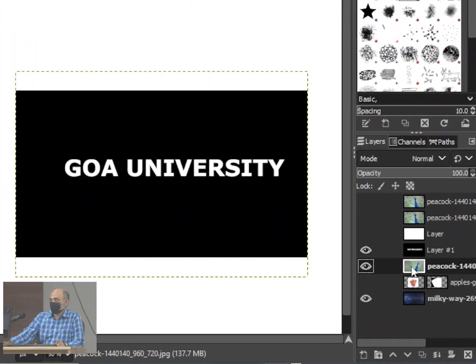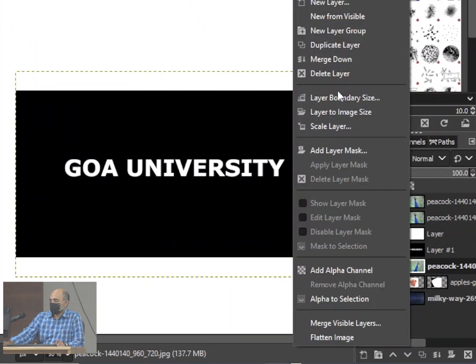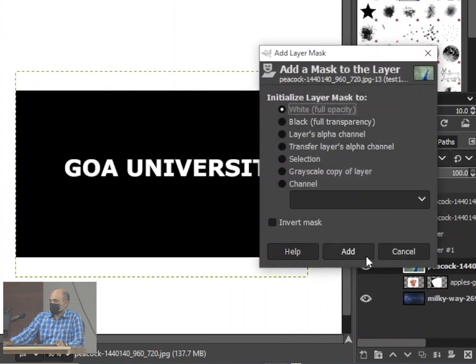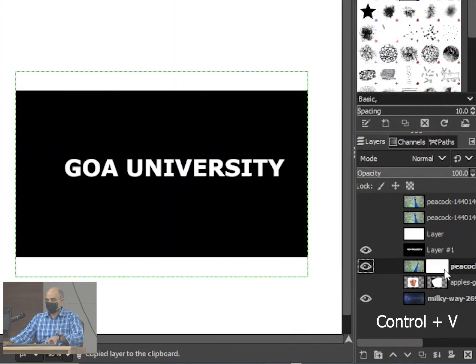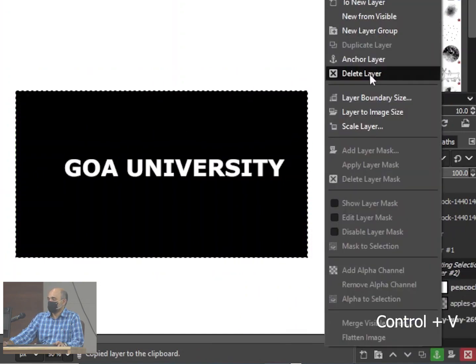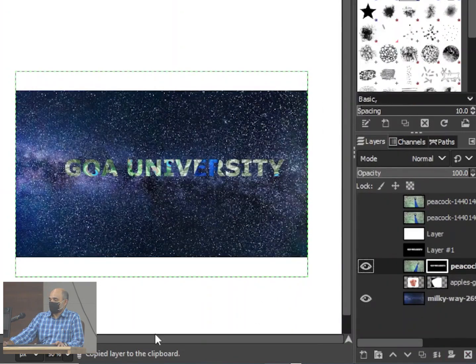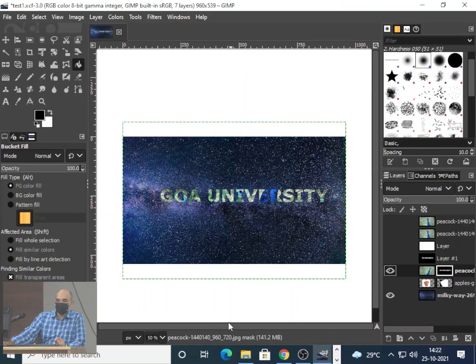So let us try this. I'll show you how to do this because I'm clicking a bit too fast. Can you see this? Now you have got the background and only this part of the peacock is visible. So I've done a mask now. Of course, you can do a lot more things here.